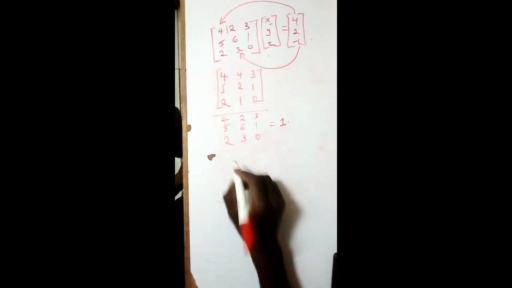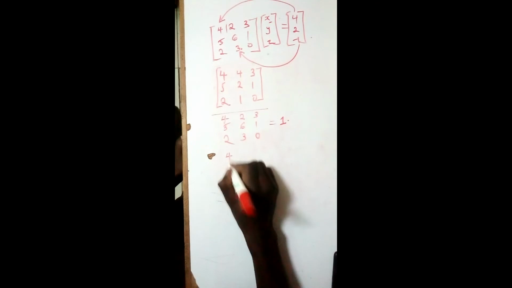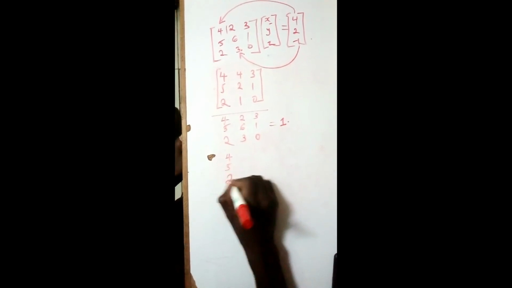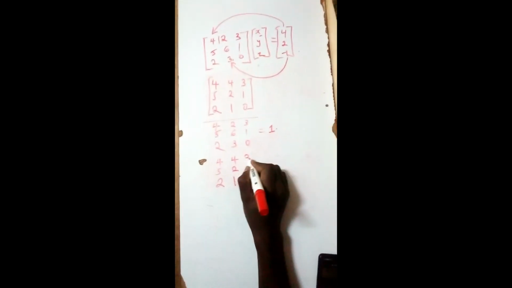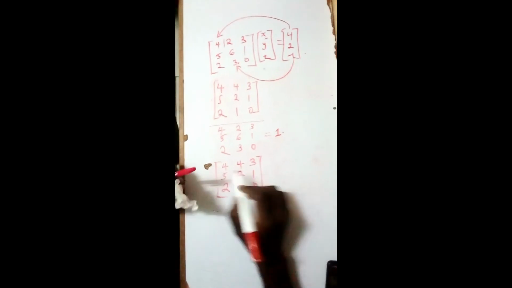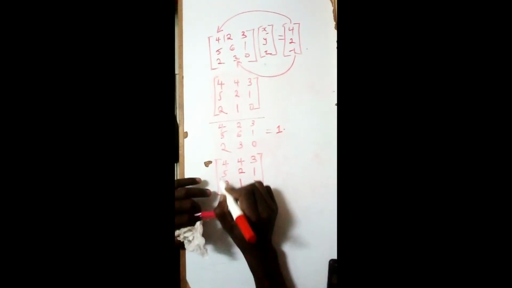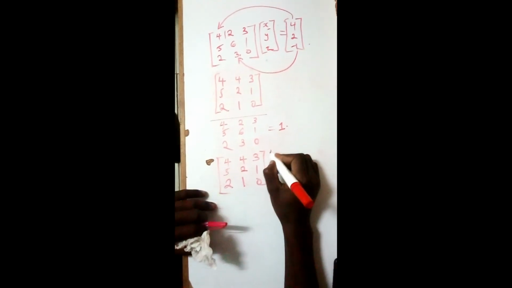So let's find the determinant of this matrix. It is going to be 4, 5, 2, then 4, 2, 1, 3, 1, 0. Then, as we have said, you're going to take the first 2 columns and bring them here, which is 4, 4,